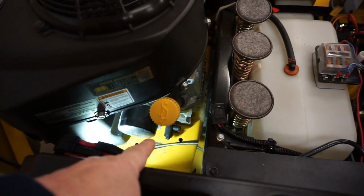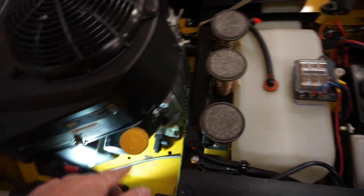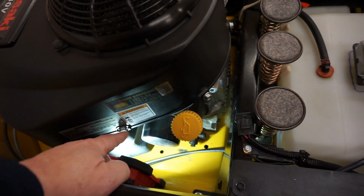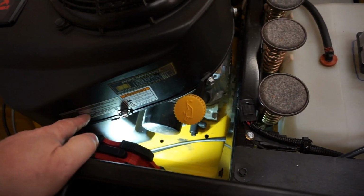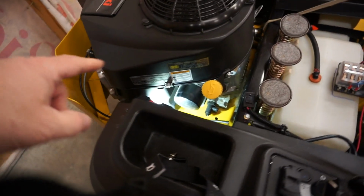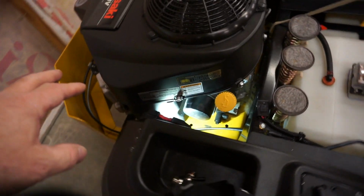This will have the hose coming from this valve, and it'll come up, and there will be a home for it right here. It'll have a little catch right here that the hose will come up to and through and lock into place, and at the end of the hose there will be another little valve that seals the hose off so it doesn't get debris in it when you're operating. In order to change oil,